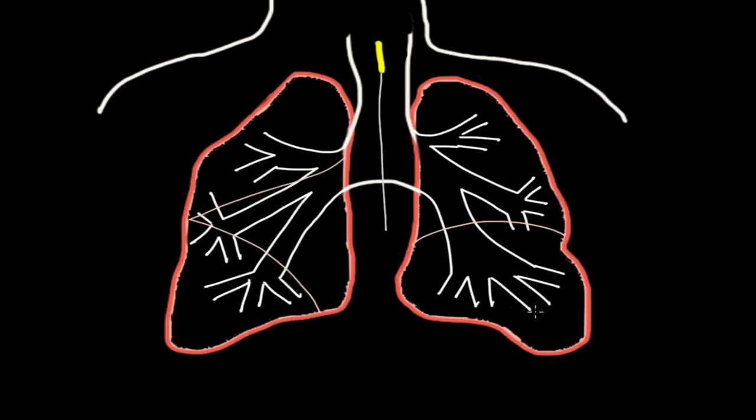And at the end of our airway, we have these little grape-like sacs. So I'm just going to draw a couple just right here so we can see. And these little grape-like sacs are actually air sacs, and we call those alveoli. The alveoli is really important because that's where the gas exchange happens. This is where ultimately the oxygen is going to end up and where we'll pick up carbon dioxide to exhale